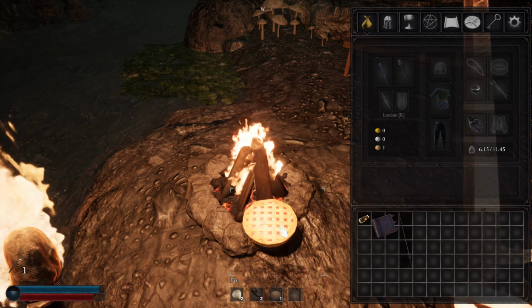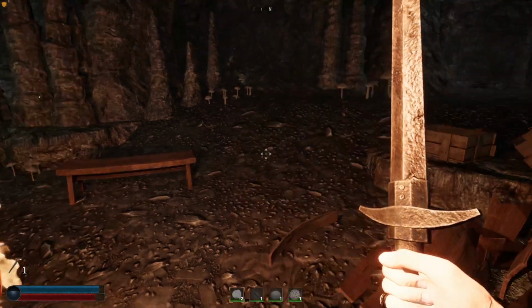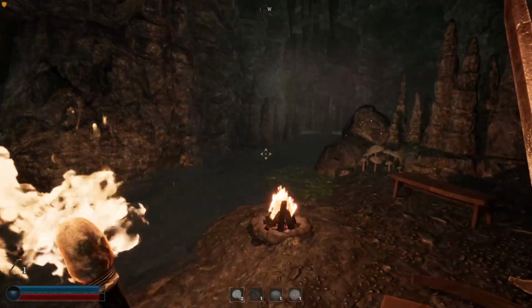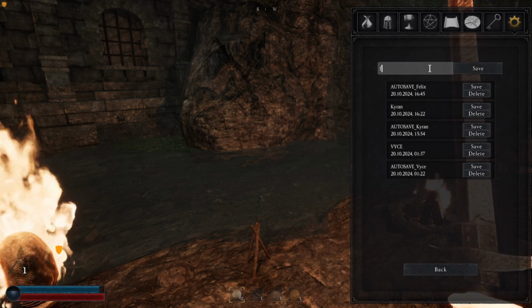And actually, I am hurt. I probably should eat one of those fish. So I'm going to push 2, because that's where the fish is on my hot bar. Alright, this would be a good time to save. You definitely want to save and not reload in the way that it wants you to, so...